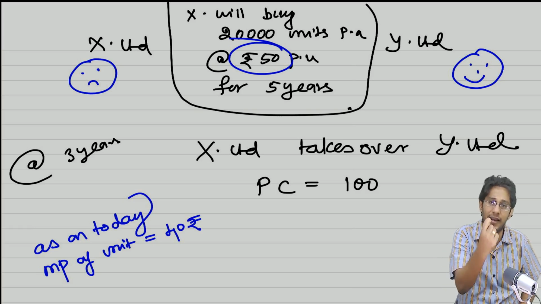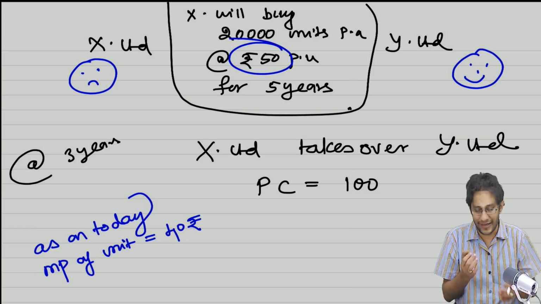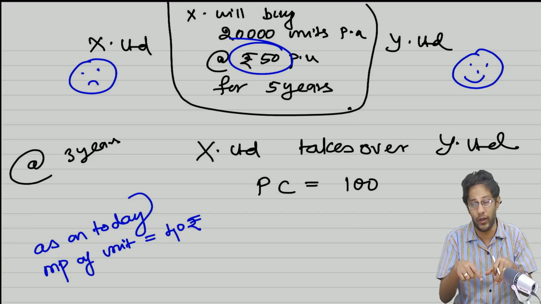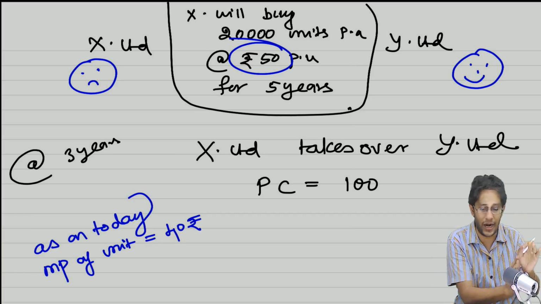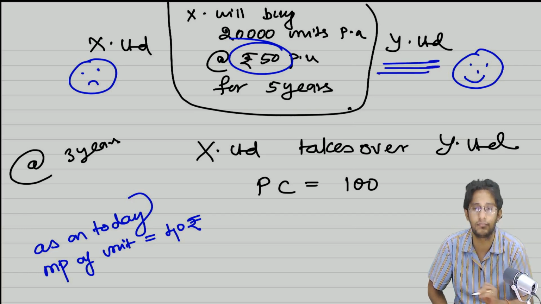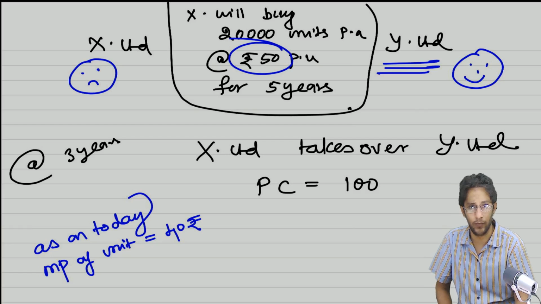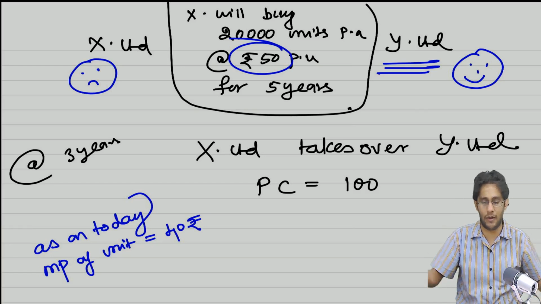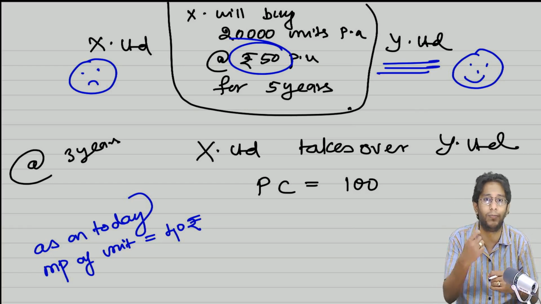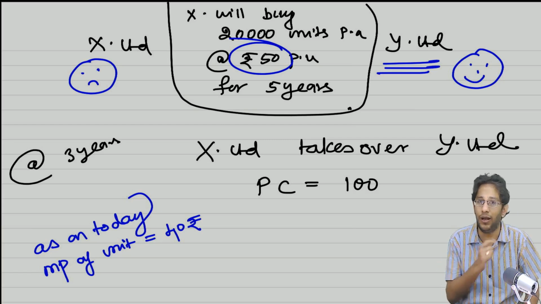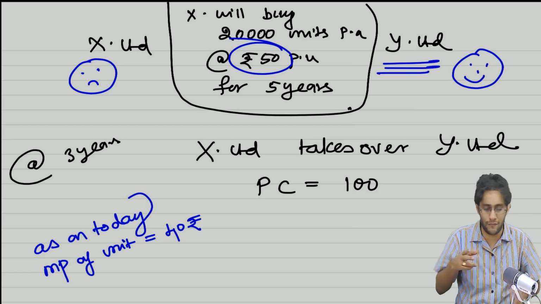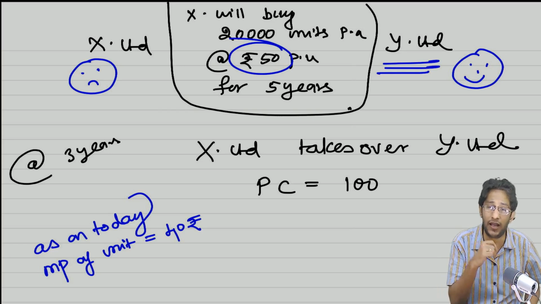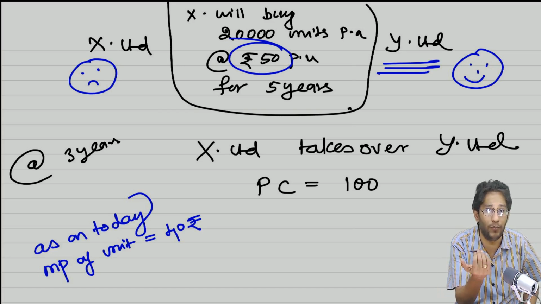Now X Limited is trying to take over Y Limited. Now if X Limited takes over Y Limited, the price advantage which Y Limited has because of the contract today, which is valid for another 2 years, Y Limited will not receive. X Limited is sad now and he will say I'll smile because the contract will be cancelled. Hereafter Y Limited will not be there, I will acquire Y Limited. But when you try to offer PC, Y Limited is not stupid. Now what Y Limited thinks: if you don't take over me, if we both remain independently, the advantage I had, I would have enjoyed. But if you are taking me over today, X Limited, you have to pay me something.